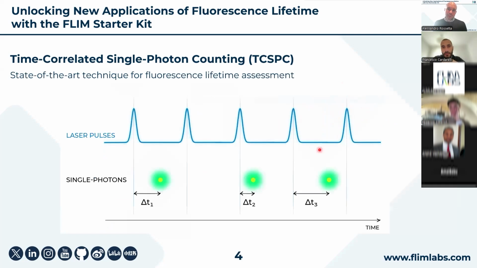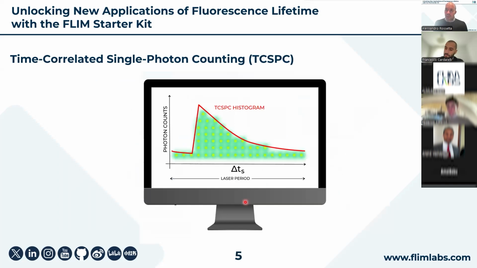So how does the technique work? We basically shine a laser light into our sample. This laser light has to be delivered in pulses. We can measure the time of arrival of single photons relative to the laser pulse, and then we use all these times of arrival of our photons to build a histogram in a computer, reconstructing the decay profile of our fluorescent signal, on top of which we can measure the characteristics of the decay profile, so the fluorescence lifetime value. Having said that,